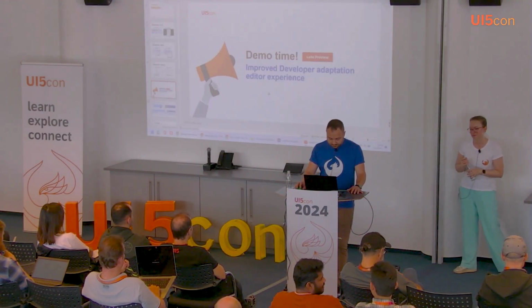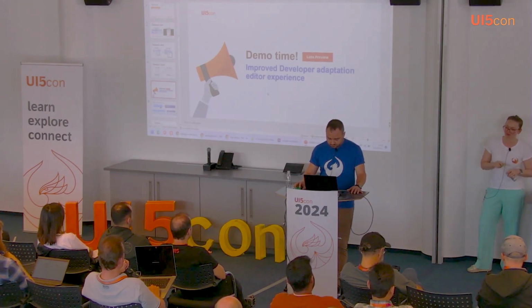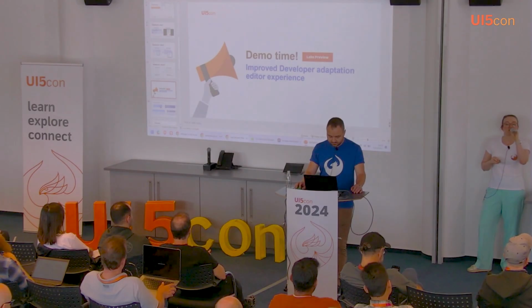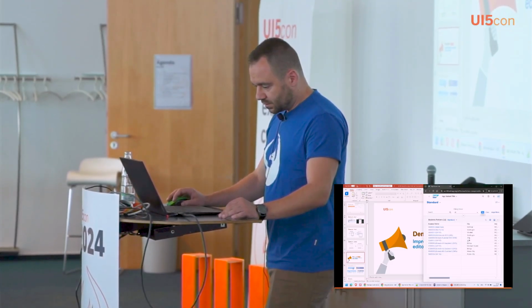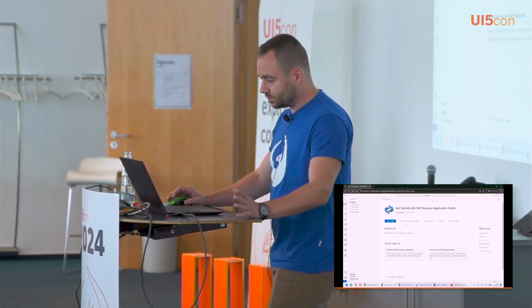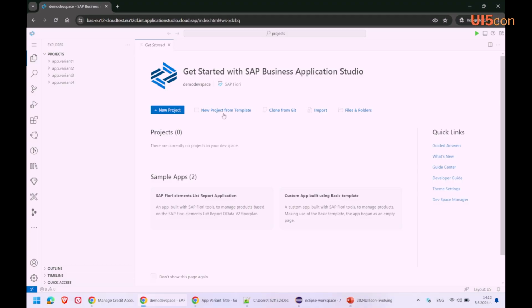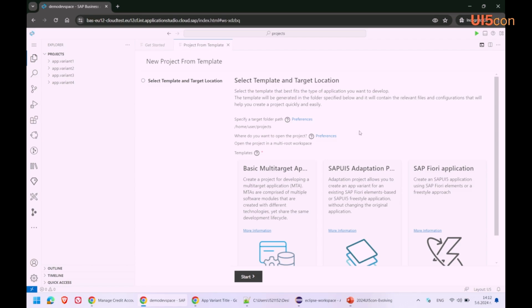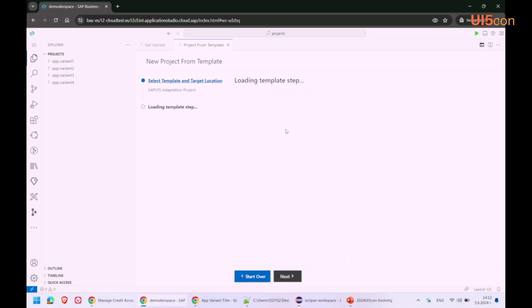Hi again, everyone. So for those who have already seen adaptation project, it might be interesting to see the new lab preview for adaptation projects tooling. So it will no longer be SAPUI5 Visual Editor, it will now be called Adaptation Editor. So I will guide you through the process of creation of adaptation project. You just start from new project from template, you choose the tile for adaptation project, you can press next,